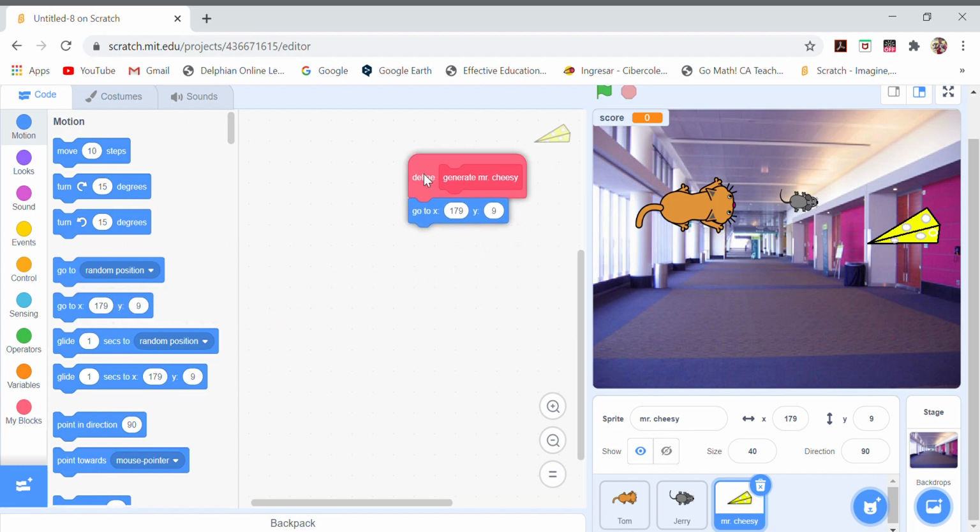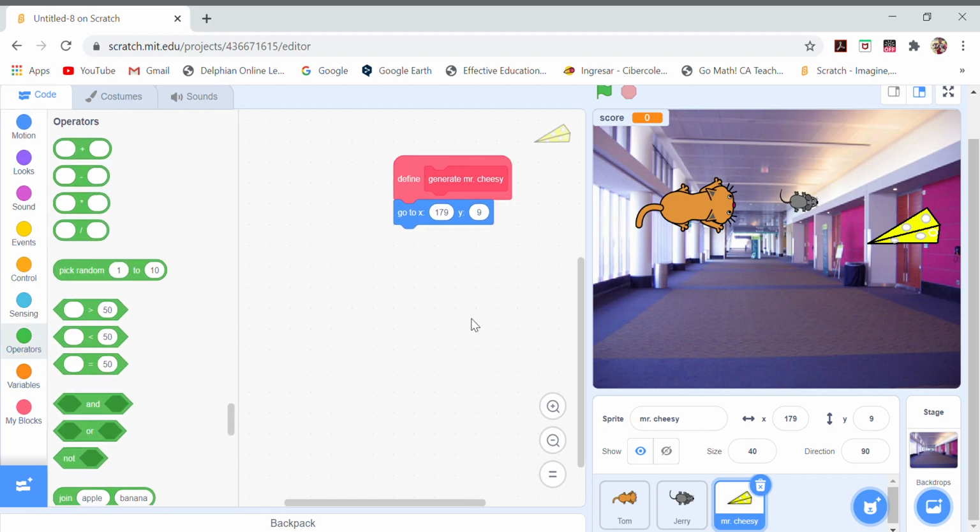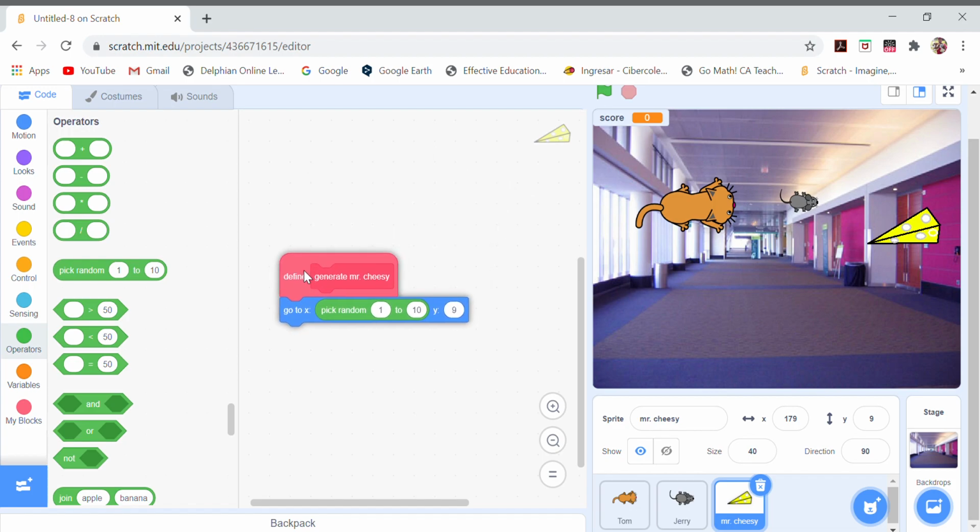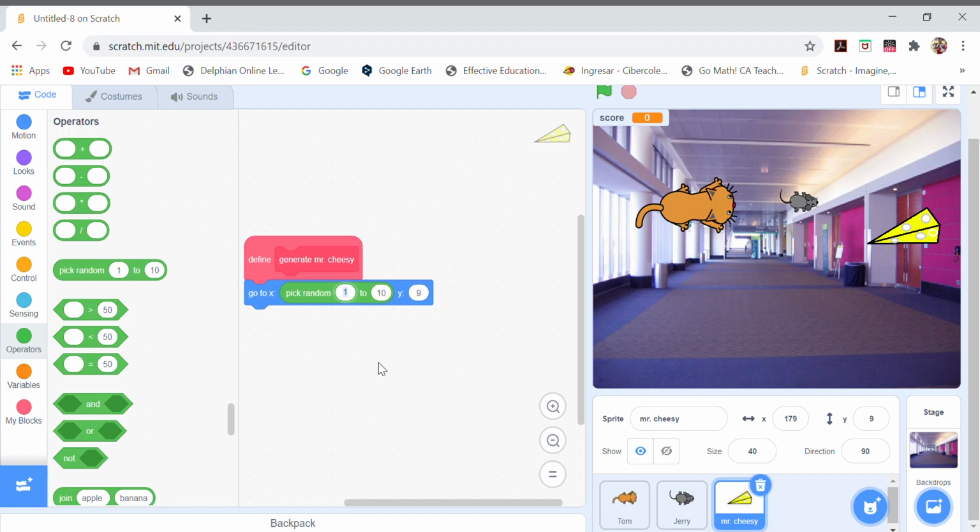But in this case, I need some operations. So I'm going to operations, and I'm going to choose pick random for X, and it's going to be 200 to minus 200,